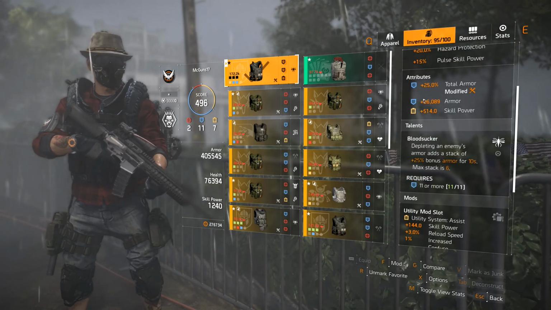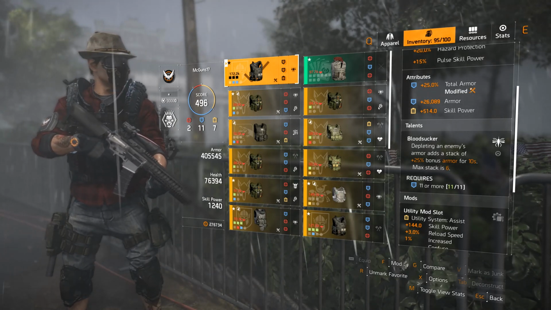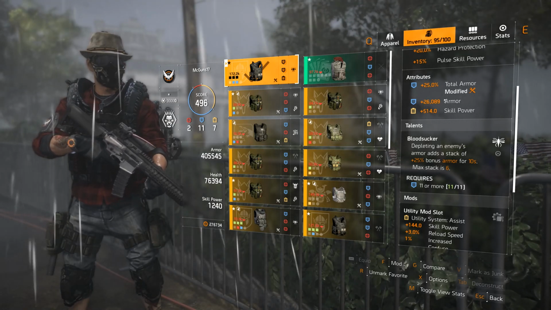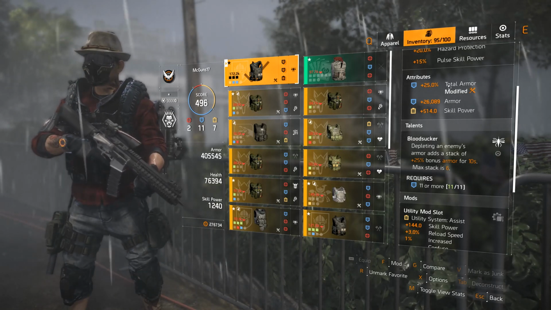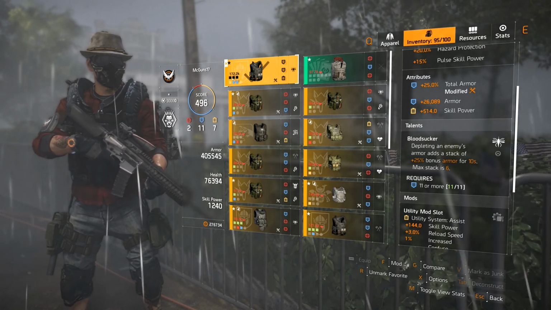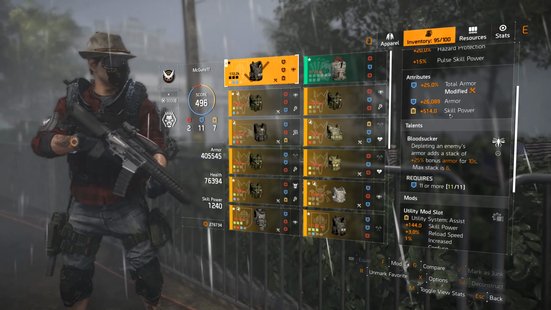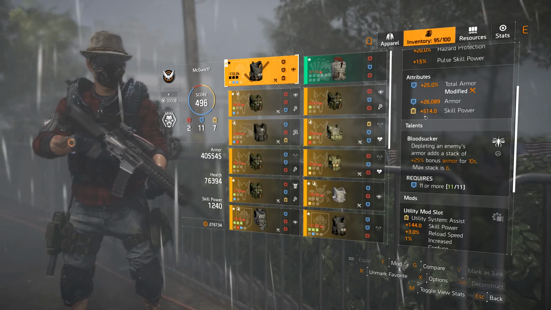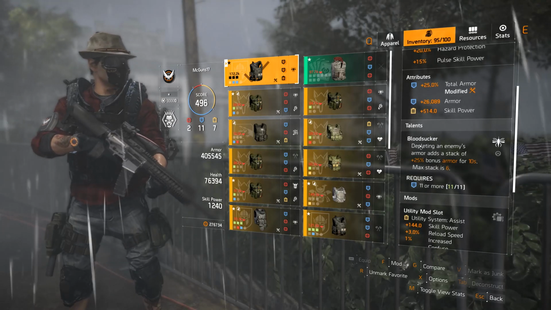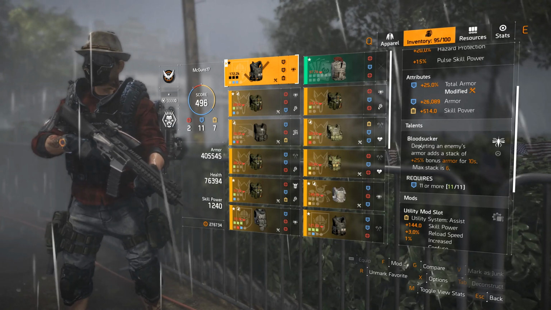For the attributes on this chest piece we have 2 blues and 1 yellow. The first one gives us 25% total armor, and the second one is gonna give us 26,000 armor. With those two combined, we're gonna get a huge amount of armor on this build. In fact, on this chest piece we have a total of 172,000 armor. And then for the yellow we have 514 skill power, which is not bad at all. The max is 1000, but 500 is not bad at all. For the talent, of course, we're running Bloodsucker. Like I said before, one of my favorite talents so far in the game for the chest piece,